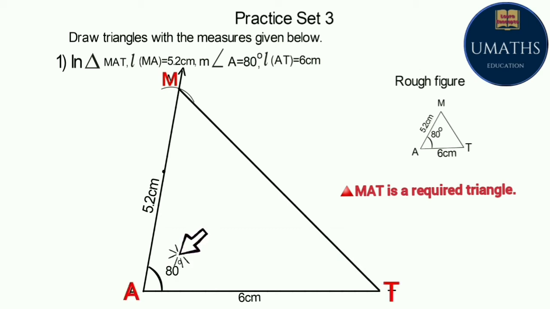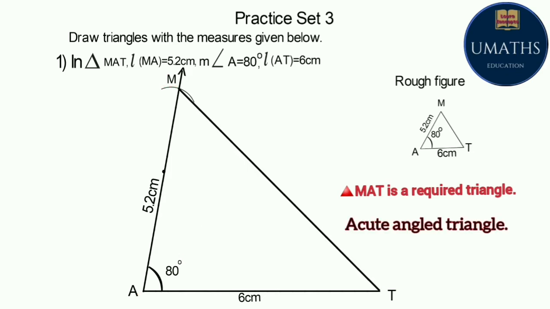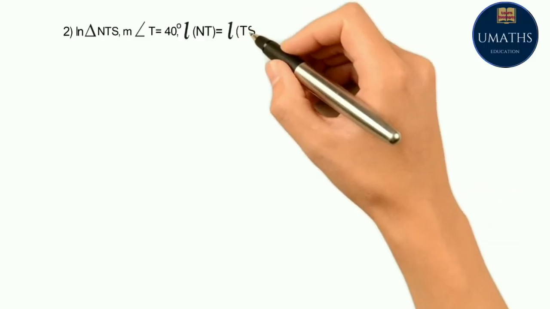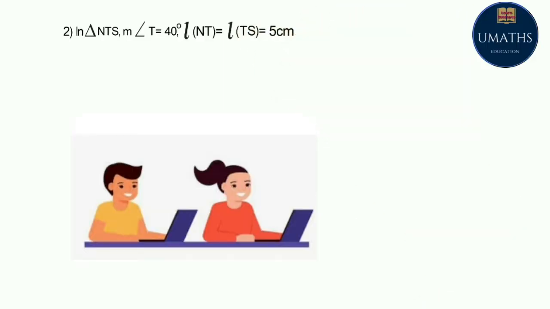Note here, since given included angle is acute angle, so the triangle is acute angled triangle. Students, I am sure you must have understood to construct a triangle when two sides and the angle included by them is given to you. Now, you can also try with me for the second question.